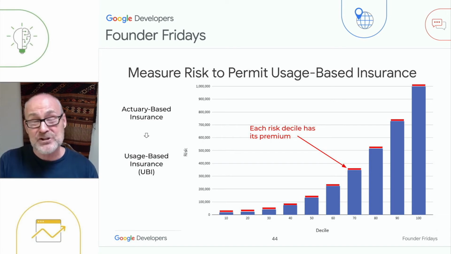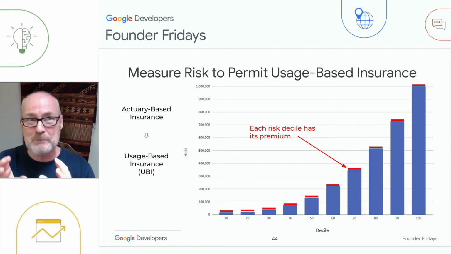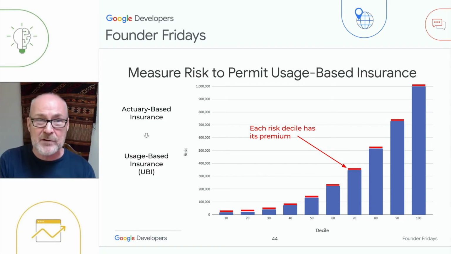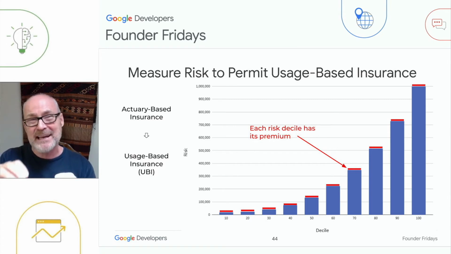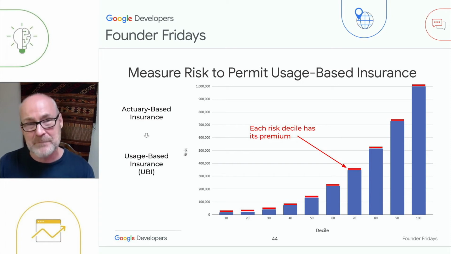What instead insurers want to be able to do is collect enough data that they can differentiate between the people at the low end of the spectrum, the middle, and the high end of the spectrum. They want to calculate and characterize risk for each decile independently. And if they're able to do this, they can provide a fairer insurance policy rate for each of their customers.